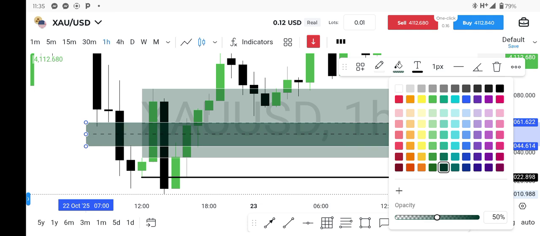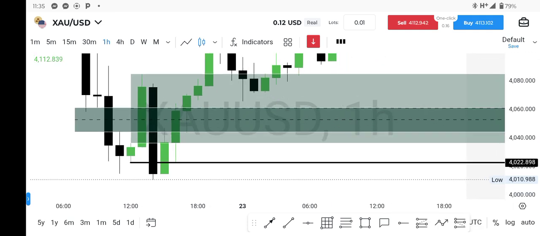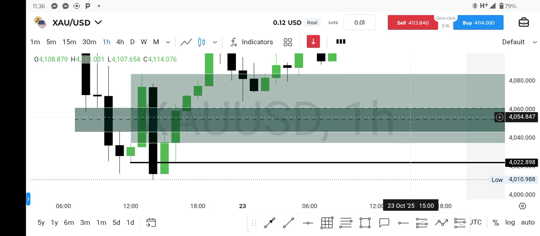if you see that fair value gap, price can respect this fair value gap and go to the outside, or it can come all the way down here. It can cross this fair value gap and come all the way down to the line you marked out from here. If you reach here, you can buy. You see a strong confluence here, you can buy.